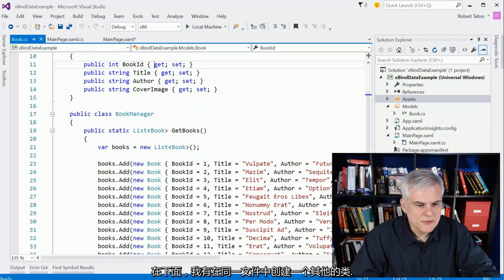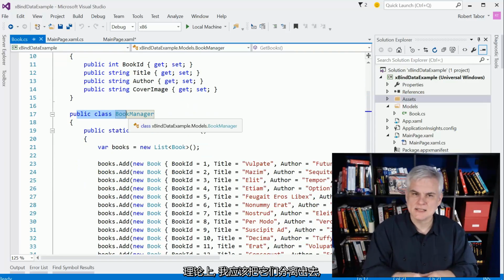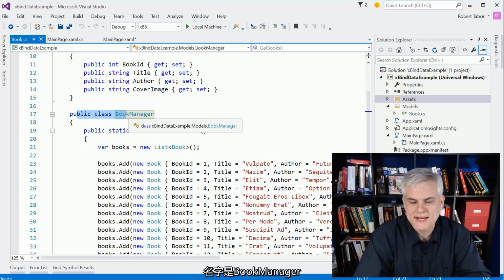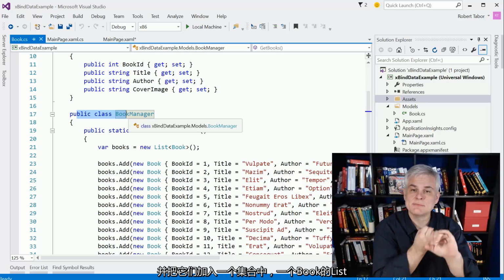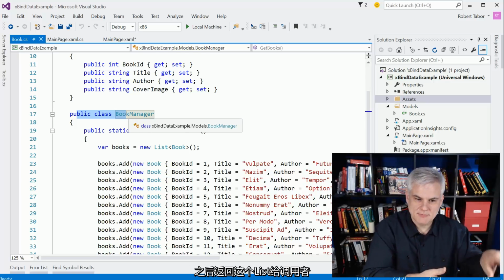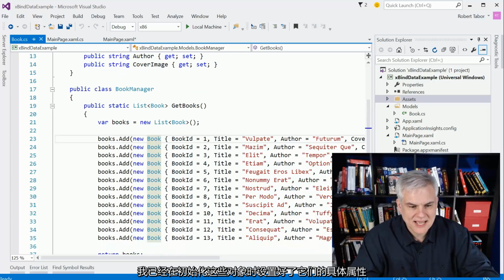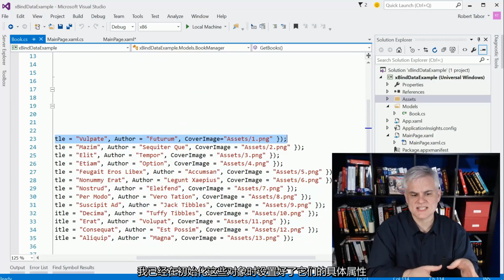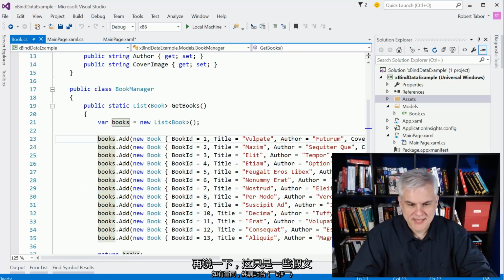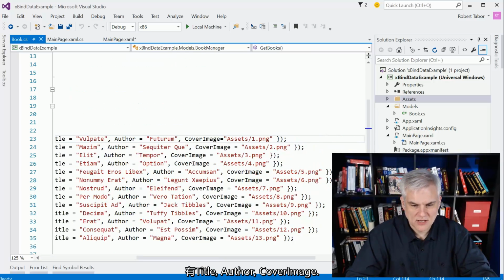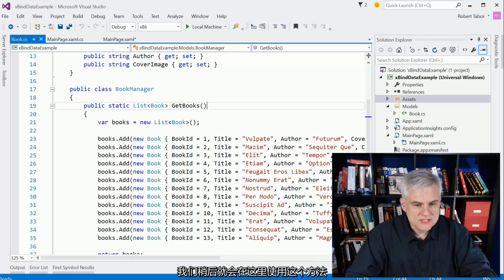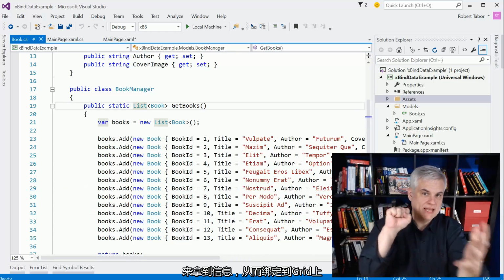Alrighty, and below that I have another class in the same file. Ideally would have separated that out, but I delegate the responsibility to this class called Book Manager of creating new instances of book and adding them to a collection, a list of book, and then returning that list back to the caller. And inside of there, you can see that I have this object initializer syntax to actually set each of the book's properties to something unique. Again, just some lorem ipsum text for title, author, and the cover image. All right, so we'll use this method here in just a moment to get the information that will bind our